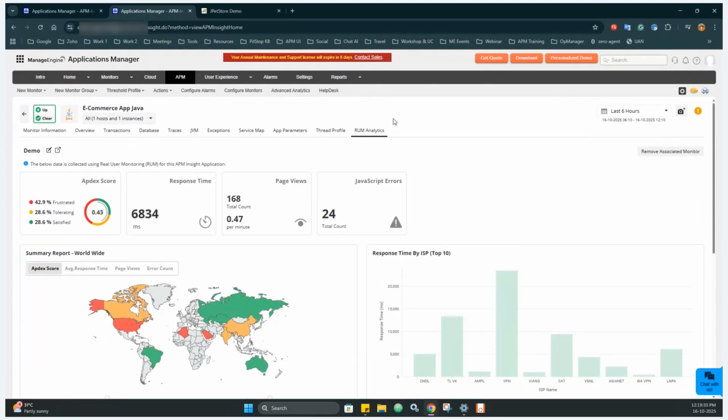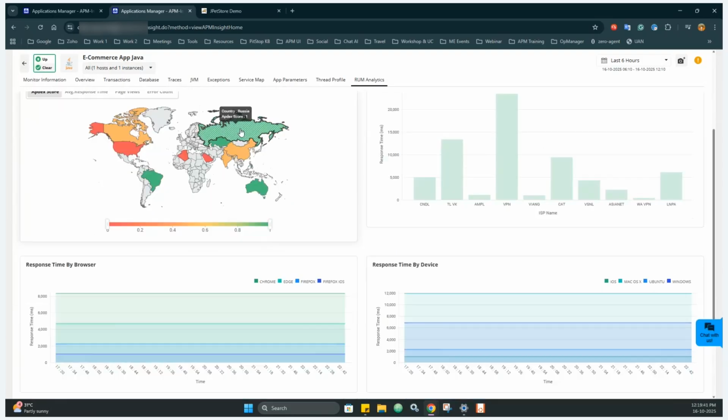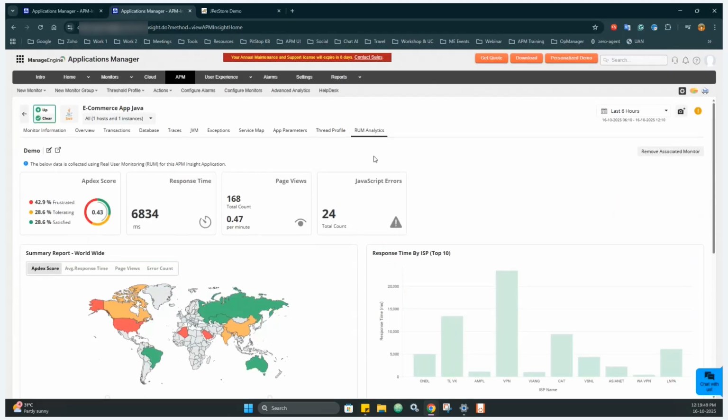Under this RUM analytics, we have the APDEX score, response time, how many pages, and the JavaScript errors. Along with that, we can see the geographical view of the geographies where your application has been viewed, and the complete performance metrics over here. So this is a complete front end view of your application. Along with this complete APM Insight feature, we have the